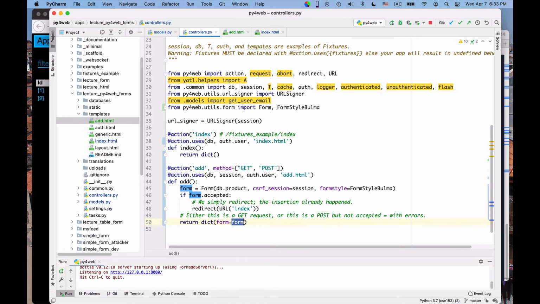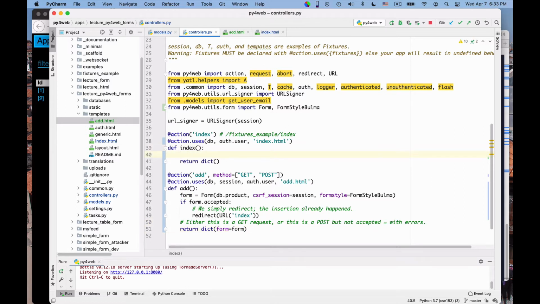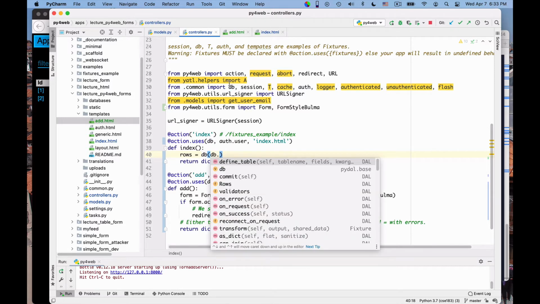So I have two tasks here. First is to read all the products from the database, and the second task is then to display them. So let's do them. The documentation is in the database abstraction layer, but I can say rows is equal to db. db is my database handler, and I can say db, how did I call it?